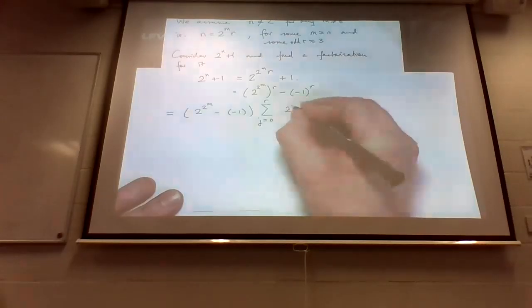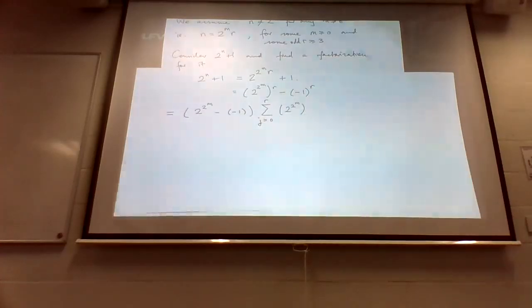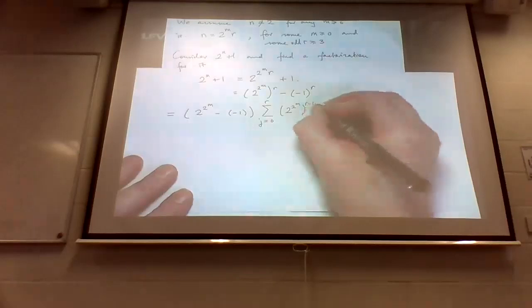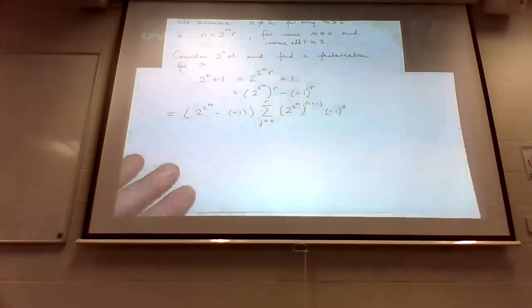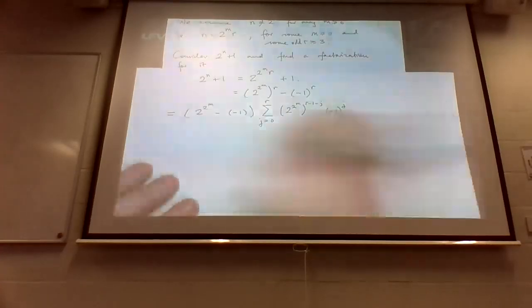It's going to be 2 to the 2 to the n r minus 1 minus j minus 1 to the j. Okay, where is that coming from? So that's an example of just a factorization result,